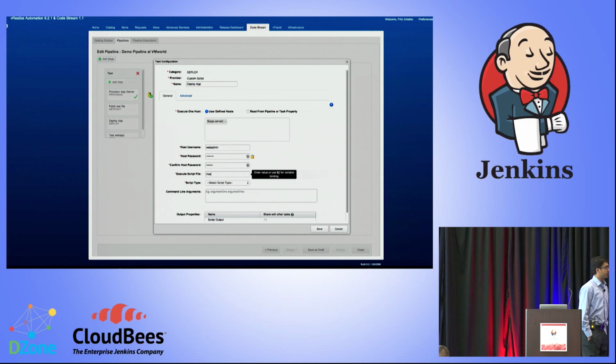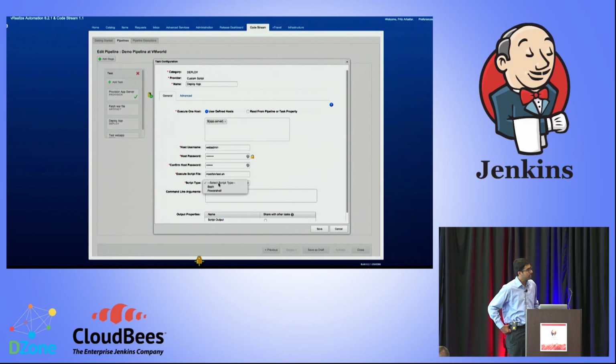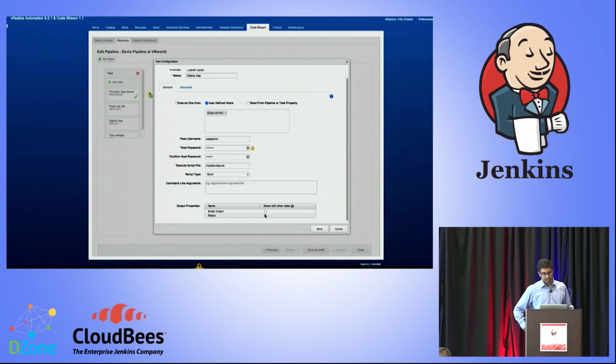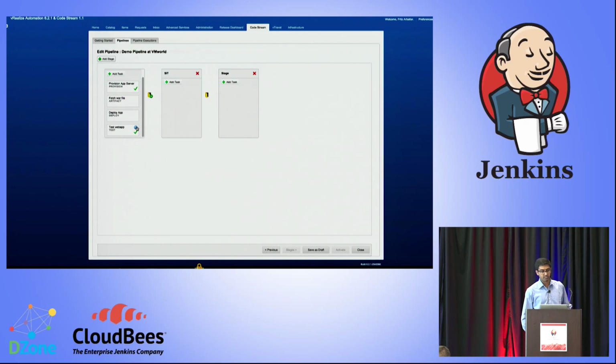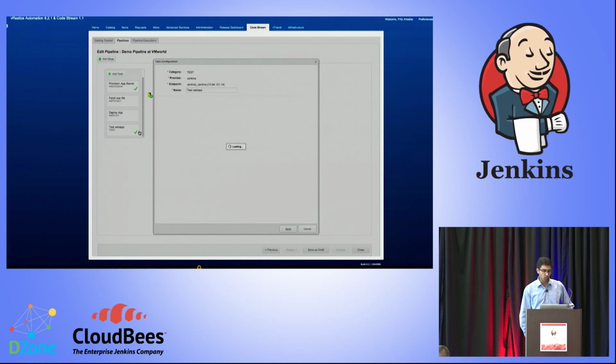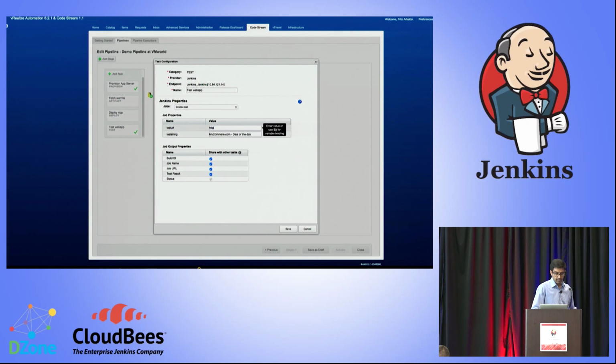Here it lets you define the credentials to the host and pick up the install script, which you call the deploy script, which you want to leverage for this deployment purpose. I'm picking up the script type, which is currently out of the box. We support both bash script and PowerShell to support Windows deployment. So once you define the deployment, I'm just leveraging the Jenkins test job here,